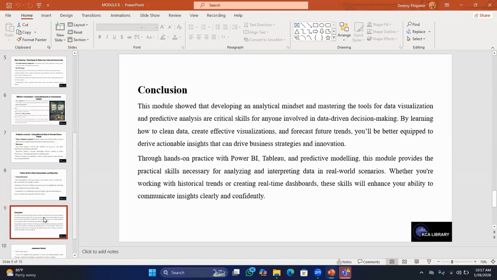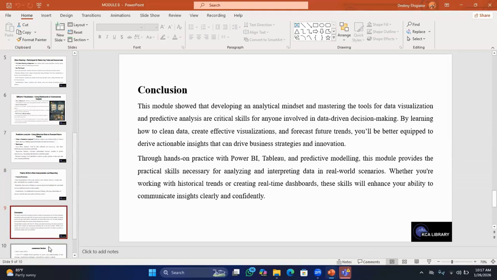Through hands-on experience with Power BI, Tableau, and predictive modeling, this module provides the practical skills necessary for analyzing and interpreting data in real-world scenarios. Whether you are working with historical trends or creating real-time dashboards, these skills will enhance your ability to communicate insights